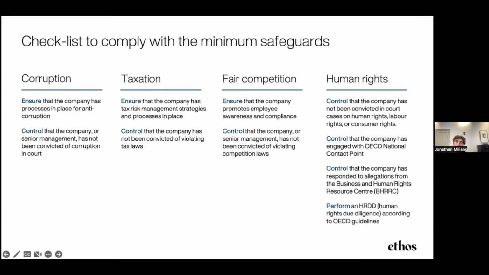If you do have a violation in the areas of human rights, fair competition, or taxation or corruption, as in you do have a past court case, that does not mean that you are disqualified forever. What you have to do then is basically show that you have taken action to lower the likelihood that such a violation occurs again. If you can show that you have done that, then you are again relevant for taxonomy alignment. So the fact that something happens or past violations or controversies is not what is being assessed here. What is being assessed here is process and the fact that you are continuously working with your risks within these areas.